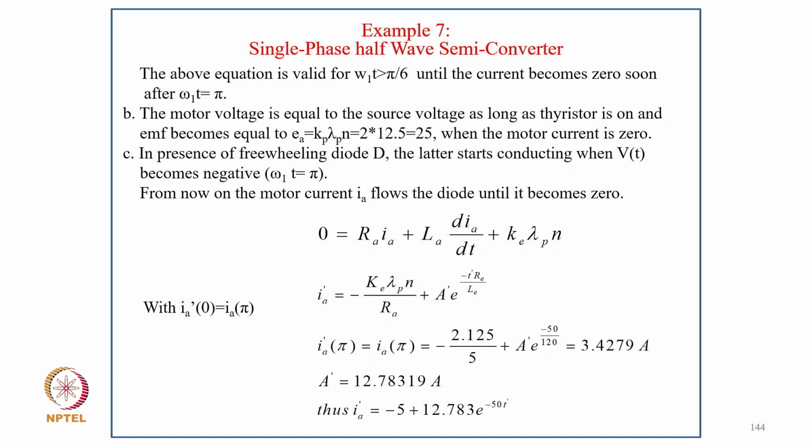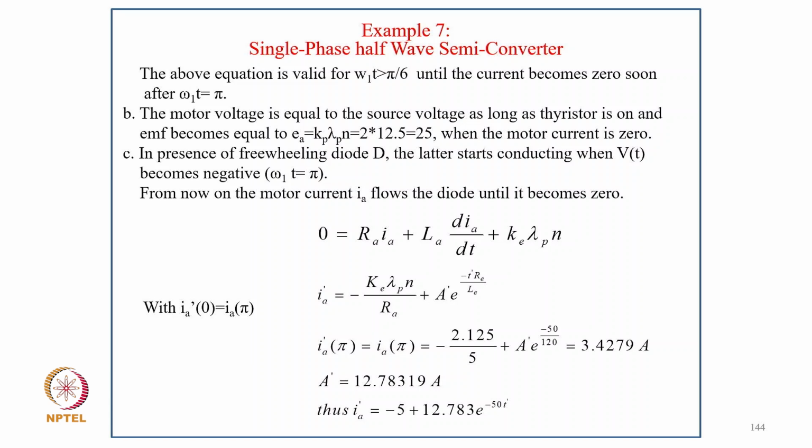So in presence of freewheeling diode, the latter starts conducting when omega 1 t becomes equal to pi. So from now the motor current IA flows through the diode until it becomes 0. So 0 equal to IA plus L dI by dt plus KE lambda Pn. So IA dash equal to minus KE lambda Pn divided by RA plus A dash e to power minus t dash of RA upon L, and putting IA dash at pi, so putting the value, it comes